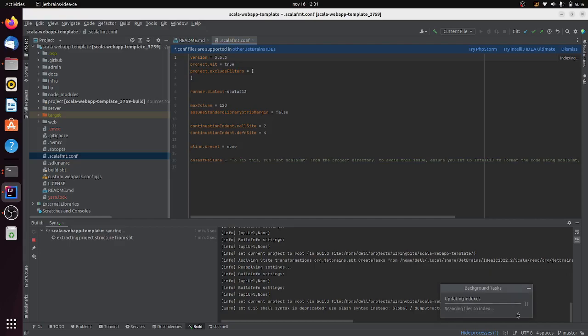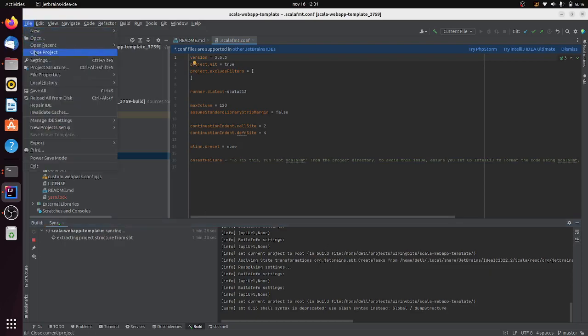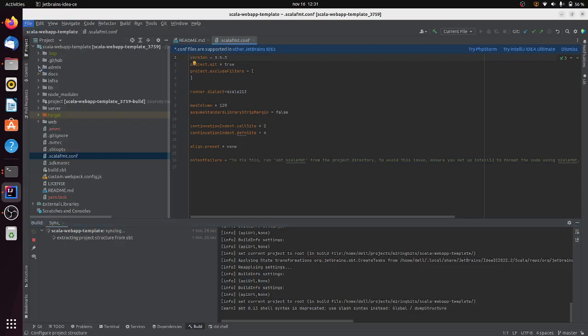Not sure why this got paused, but I want it to resume because I need the project to be configured properly. So pause it again. This can be annoying sometimes. I guess this might be the case because SBT is still indexing. Well, in the meantime, I am going to go find the project structure